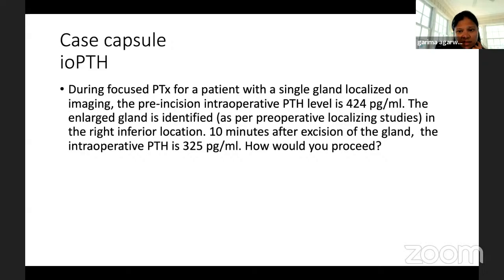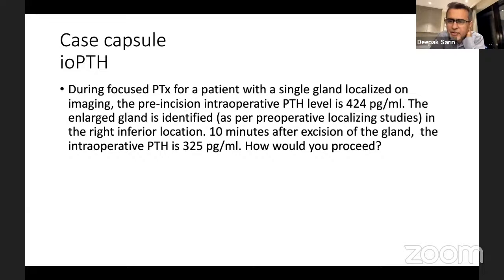And considering that the creatinine clearance of the patient has been normal, the kidney function has been normal, because some of these patients could be slow excretors. At that point, I do 4-gland exploration and look at all 4 glands. And if I am able to identify all 4 glands, the majority of the time, I would see another one that is a culprit. If I don't see another enlarged gland, then depending on the clinical scenario, at that point I would do 3.5 gland if I'm pretty sure that